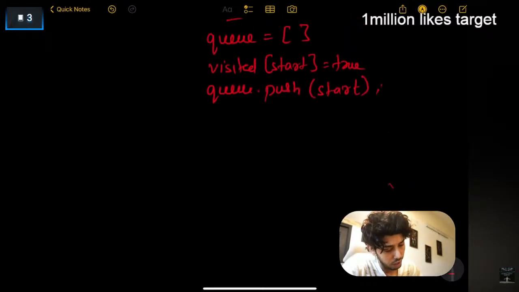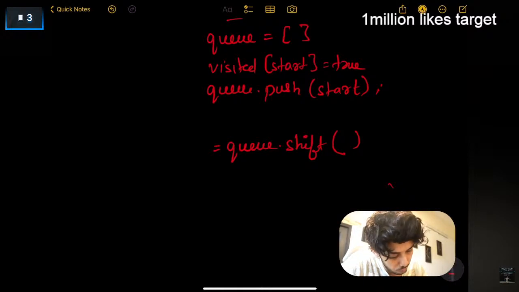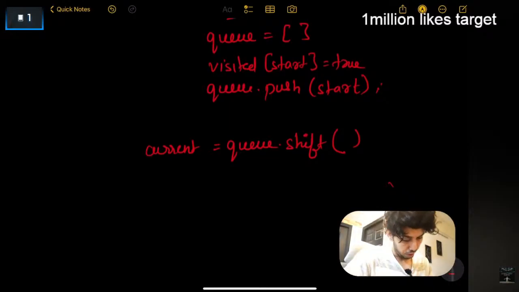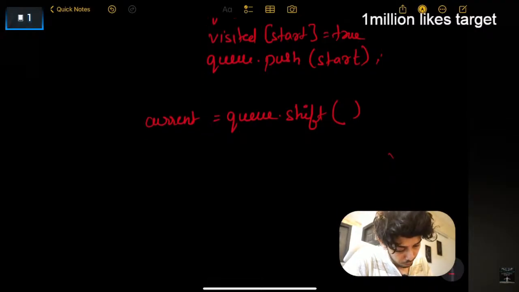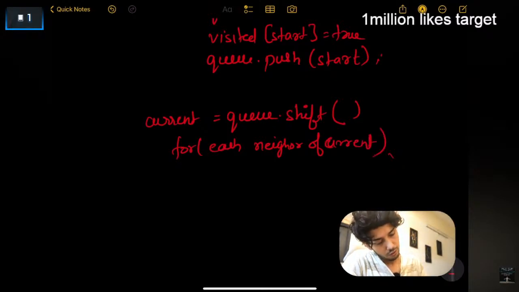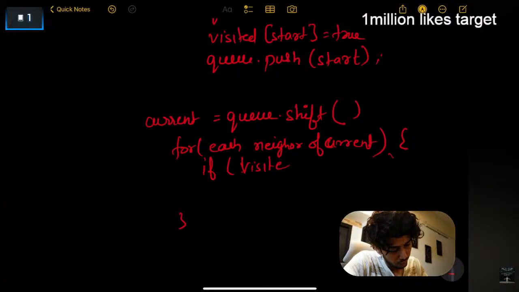ठीक है, तो ध्यान से देखो, हमारा क्या काम है, क्यू से एक एलिमेंट को निकालना, राइट। क्यू डॉट शिफ्ट, दिस विल गिव यू द फर्स्ट एलिमेंट। मे बी मैं ये एपीआई ना यूज करूं, बट अभी के लिए देख लो। ठीक है, क्यू डॉट शिफ्ट ये करेंगे, देन वी विल गेट द फर्स्ट एलिमेंट। ठीक है, तो मान लो कि इसको हम करंट बोल दिए, है ना, करंट एलिमेंट इन द क्यू। ऑलराइट, अब हमने क्या करना है कि इस पर्टिकुलर करंट नोड के सारे नेबर्स को विजिट मार्क करना है, तभी करना है जब वो ऑलरेडी विजिटेड नहीं है ना। तो अब हम क्या करेंगे, फॉर ईच नेबर ऑफ करंट, what we will do if it is unvisited, है ना।